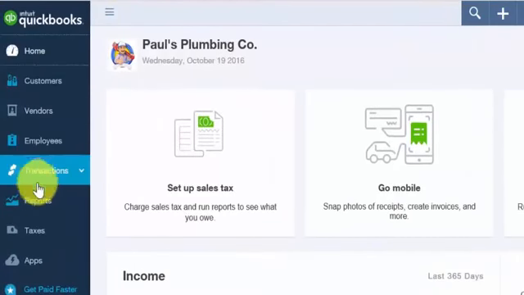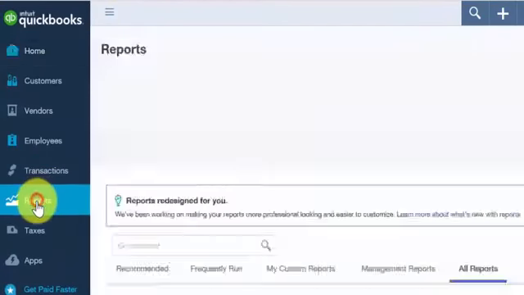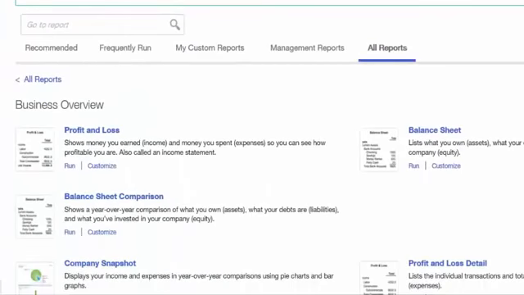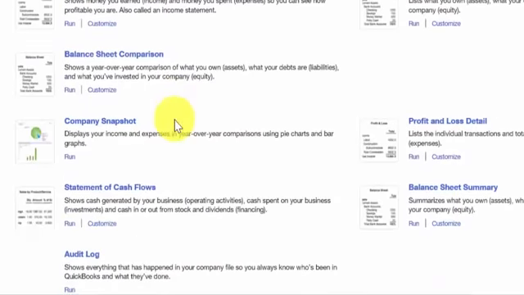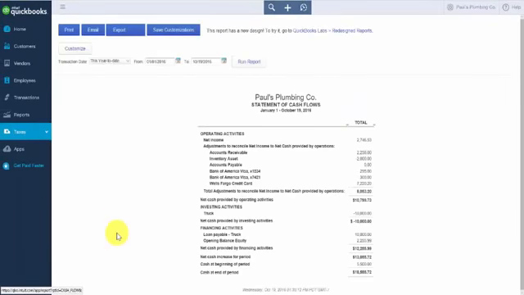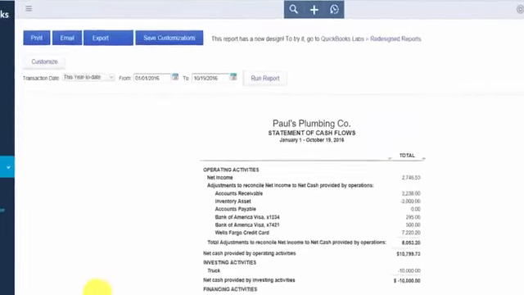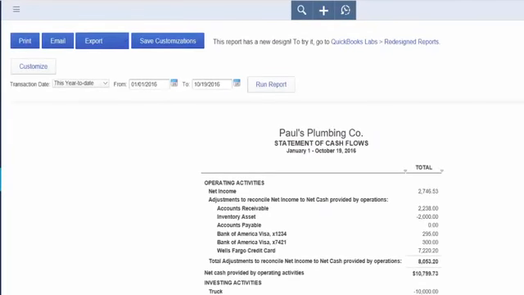From the home screen, you want to go ahead and click on the Reports menu on the left-hand side. From this screen, you want to make sure that you are on the All Reports tab, and then you want to scroll down and locate the link that says Statement of Cash Flows. From this screen, we've got several options similar to what we saw with our balance sheet report and our profit and loss